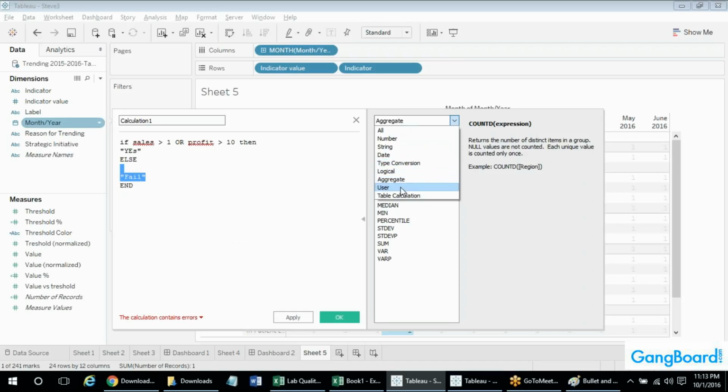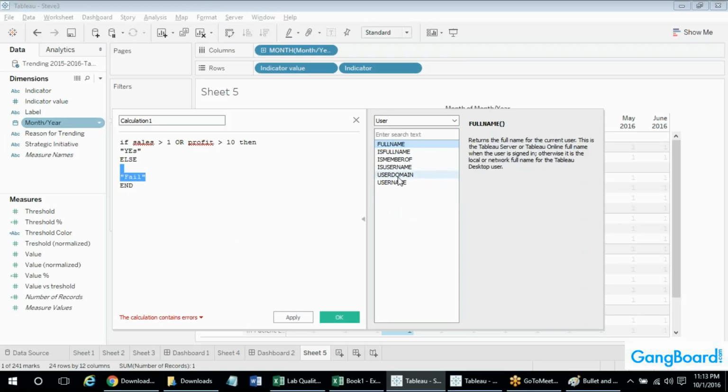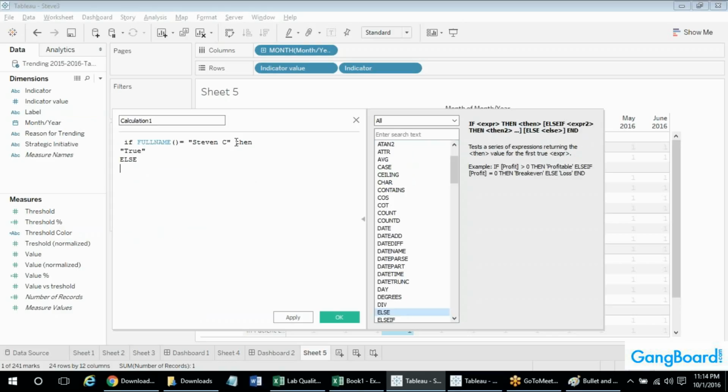And moving to the next, this user function gives you the output of the user who has logged in. I might cover it in our last sessions if we get time. It's actually used for security reasons. I'll just explain it at a very high level. If you say if full name equals Steven C, then it returns true, else